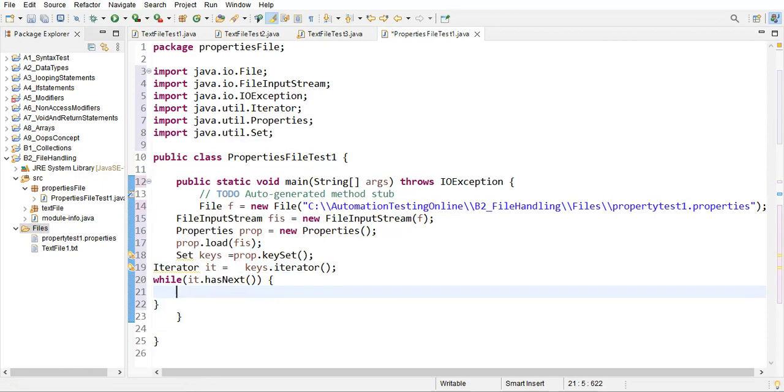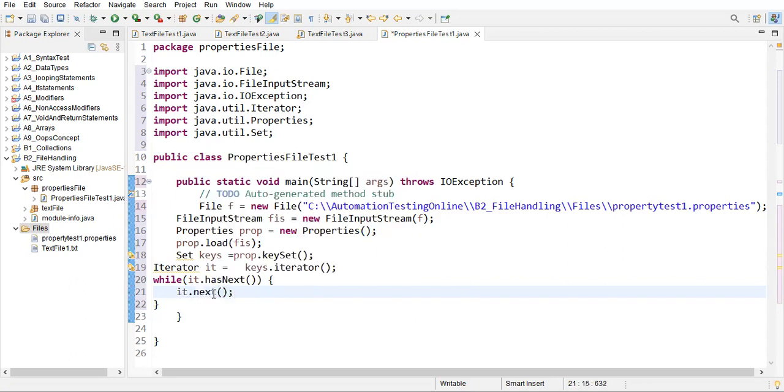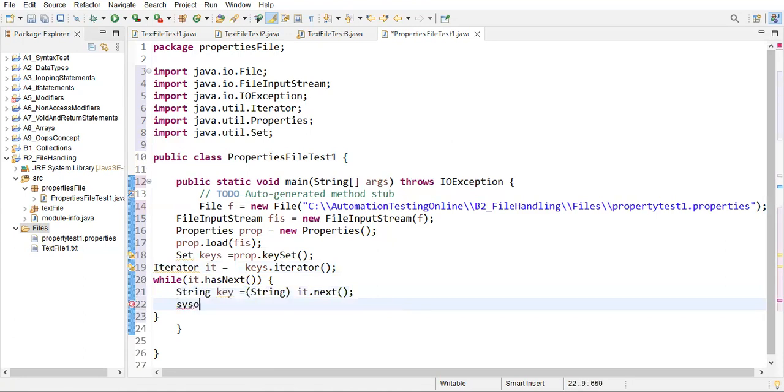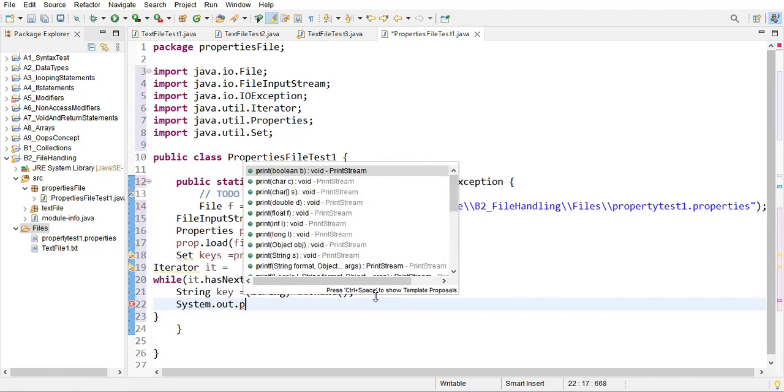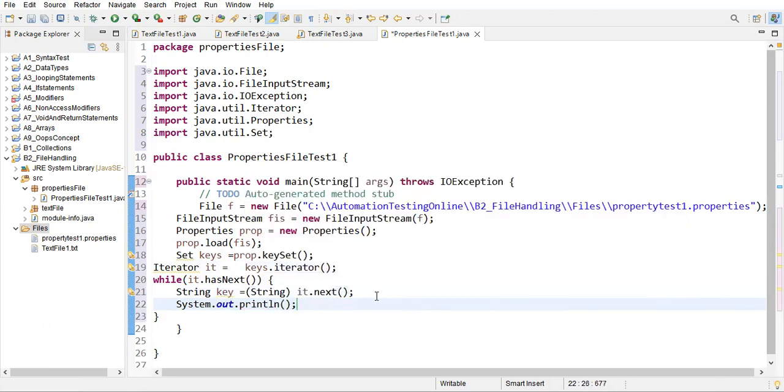It has hasNext. After this line, it.next has to be printed. Let's save this next into a string. String, we'll give the name as key. It will ask for a typecast. Now we should give System.out.println. So here I have to give key